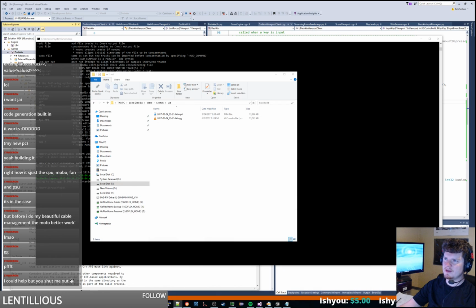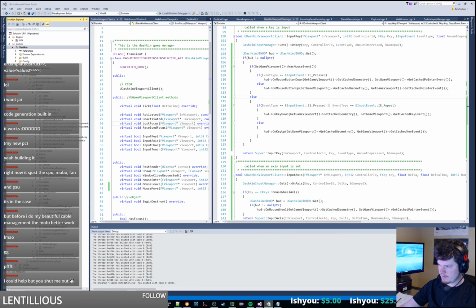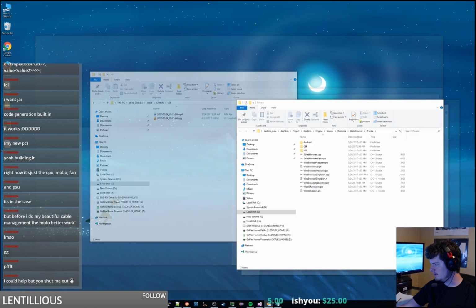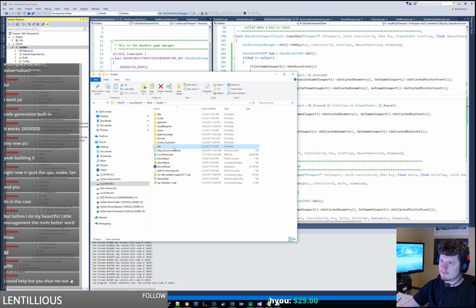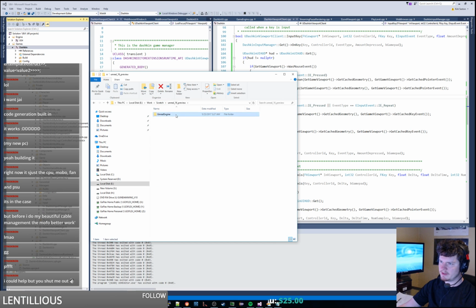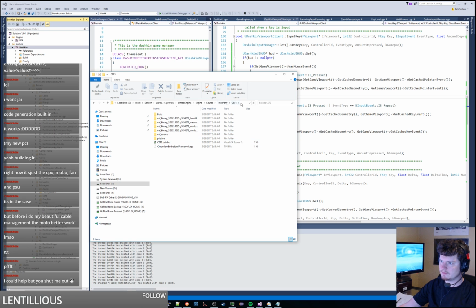Well, let's take a look actually. Let's see if we pull up our diff tool, we can look at what changed between basically this Unreal Engine source third-party CEF3.